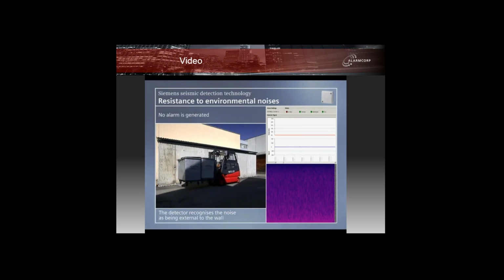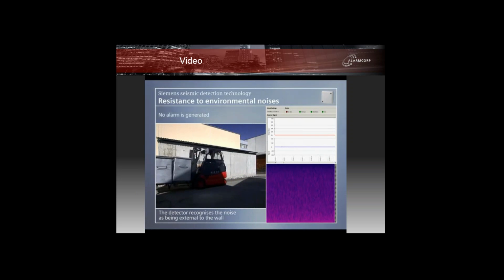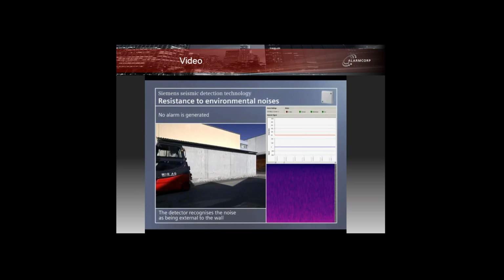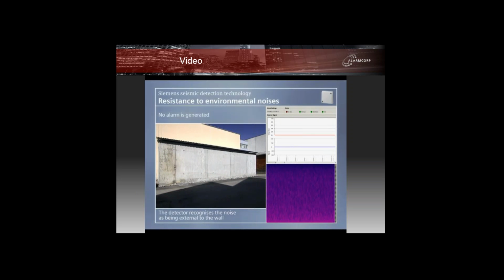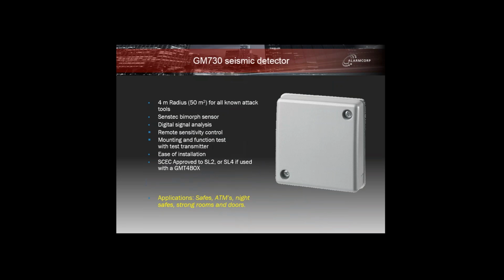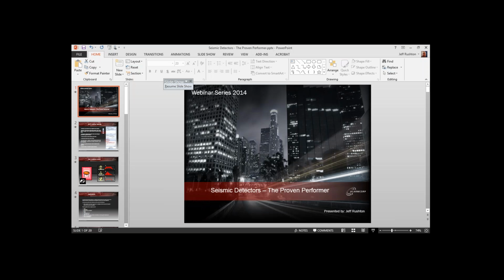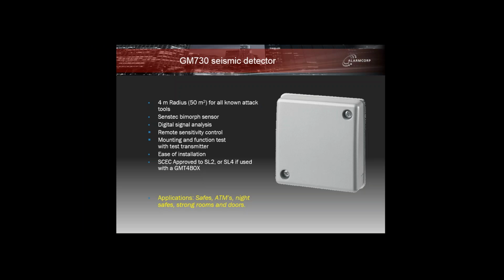Do you notice both the bars on the right-hand side have not registered any activity whatsoever? So they're very immune to noise outside of the frequency on the wall that it's looking at. I don't know how well that worked, but we'll just move on and show you a little bit more of the features